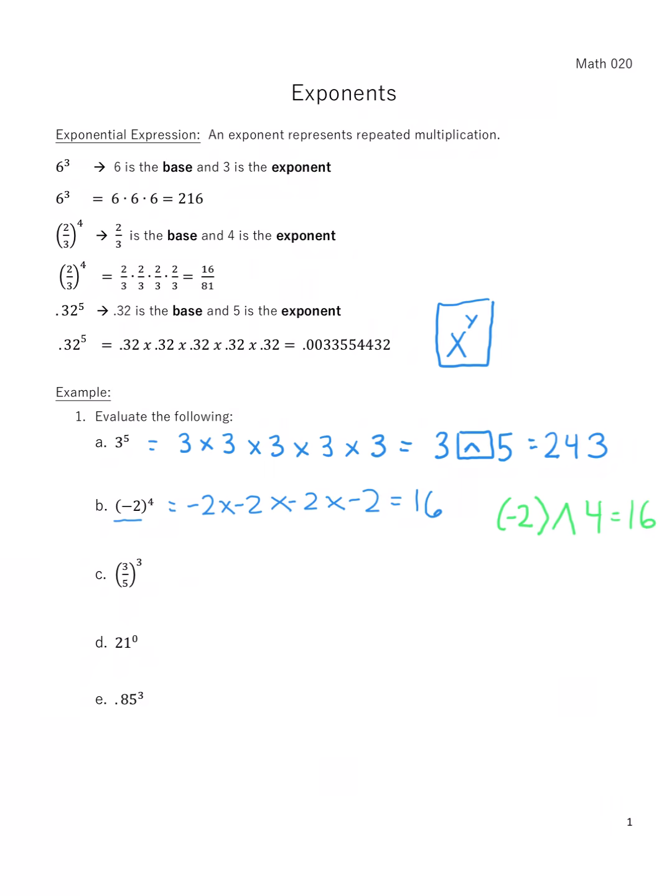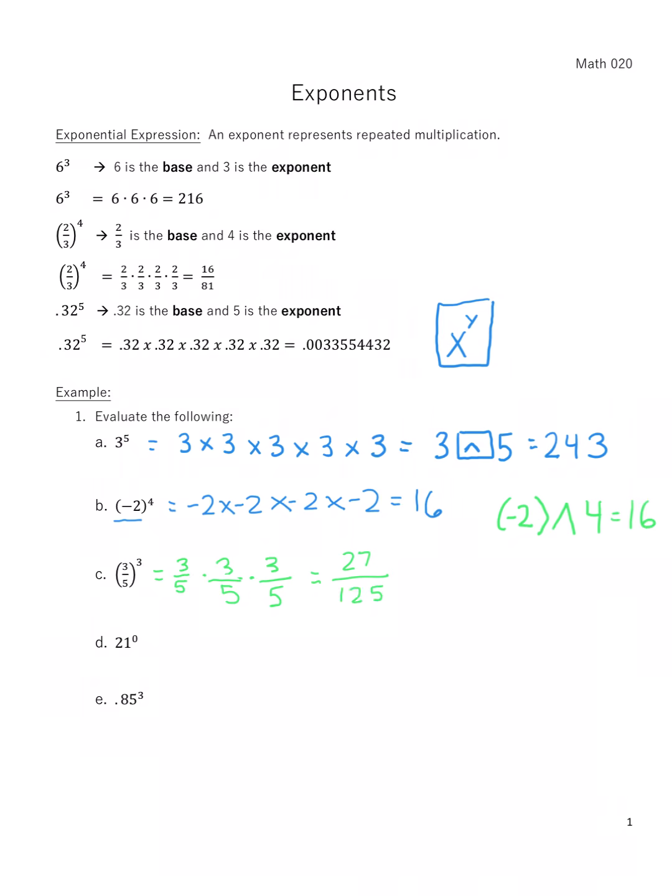Let's move on to letter C. We have a fraction. Please remember we did one like this up above, where you just take the fraction and multiply it by itself however many times the exponent tells us to. So top times top times top, 3 times 3 times 3 is 27, and 5 times 5 times 5 is